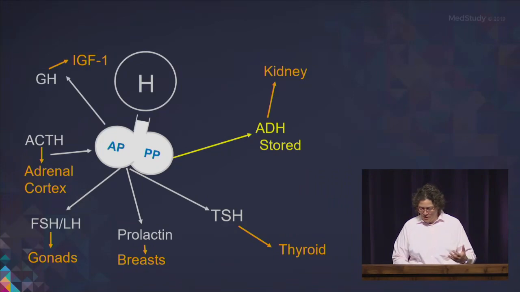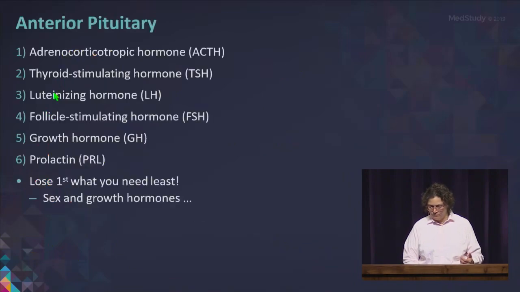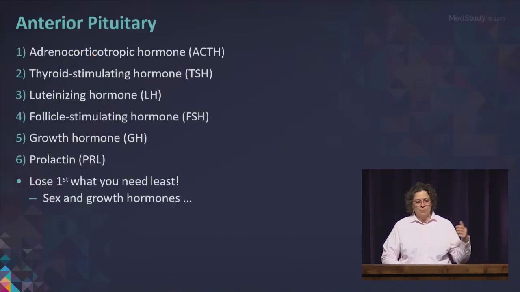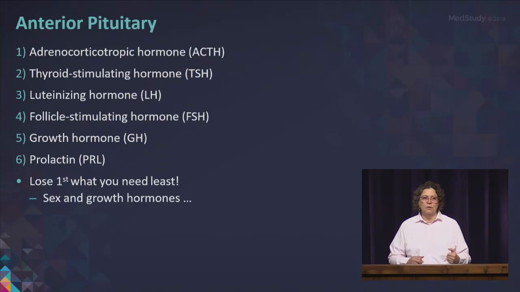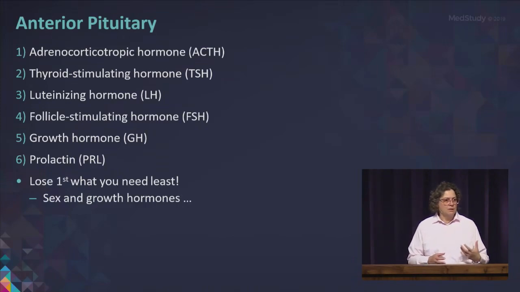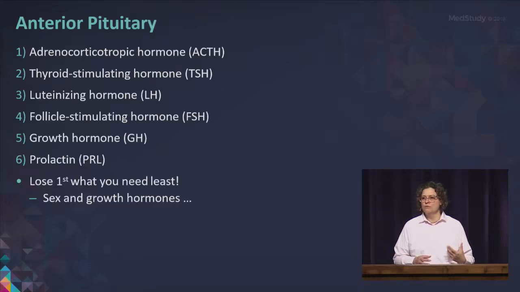And again, the anterior pituitary is under the regulation of the hypothalamus, and it is going to make our 6 hormones that we're going to talk about. The 6 hormones are going to be ACTH, TSH, FSH, LH, growth hormone, and prolactin. And one of the neat things about endocrinology is you generally lose first what you